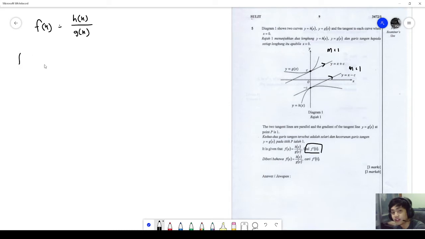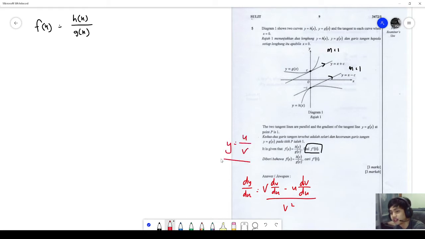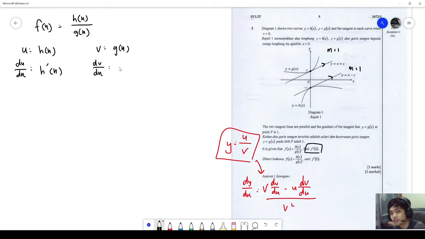To get the differentiation, we have to use the quotient rule, where the quotient rule is given as dy/dx equals (v du/dx minus u dv/dx) over v squared. We usually assume that u is on the top and v is at the bottom, so we can differentiate like that. So we are going to assume u as h(x), and when we differentiate u, we will get h'(x). And for v, when we differentiate v, we are going to get g'(x). So applying the formula, f'(x) would simply be